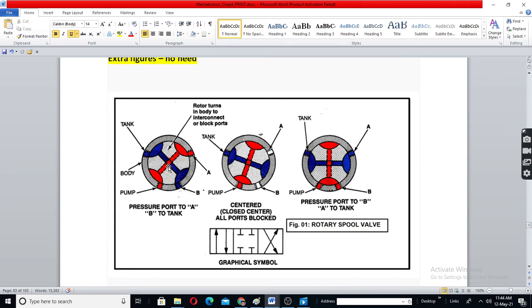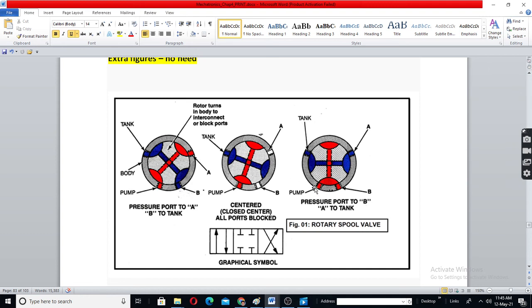When you move this rotary spool to some extent, now this is pressure towards nowhere. See, A and B are now not at all connected to the opening of the spool. Opening means where the points are free to flow. Pipe is there from here to here and here to here. No connection between here and here, red and blue. So this is the blocked position.